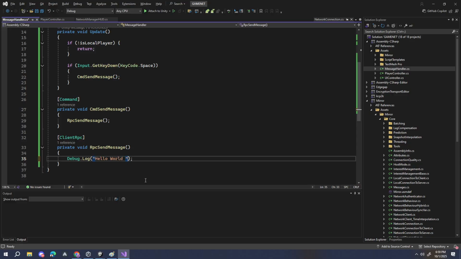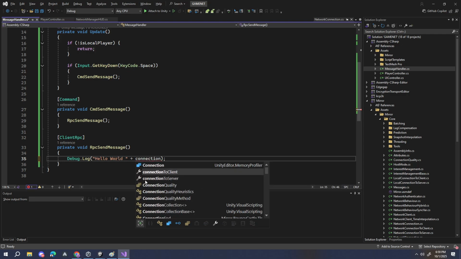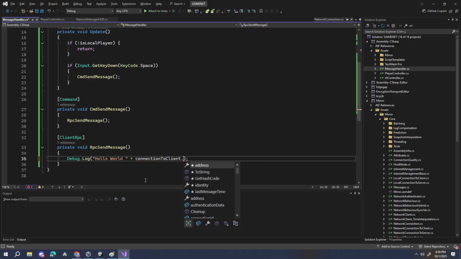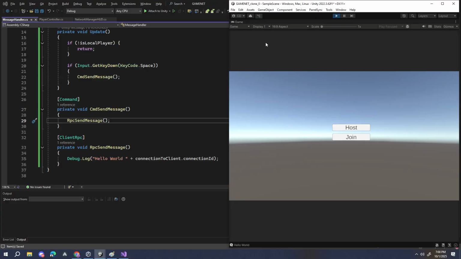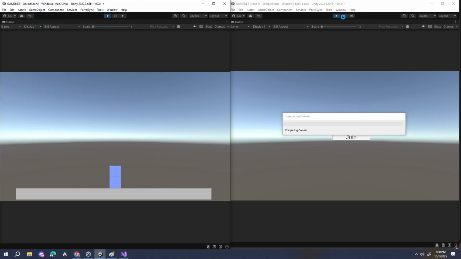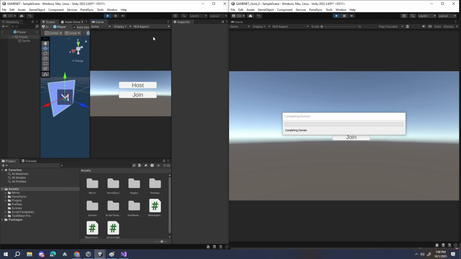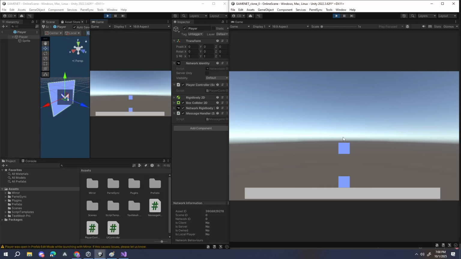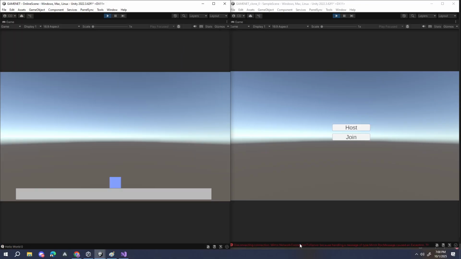Okay, so I think if I remember, connection to client is there. There we go. The connection ID. Then we'll see who's sending that message. And if I press space here, whoop,